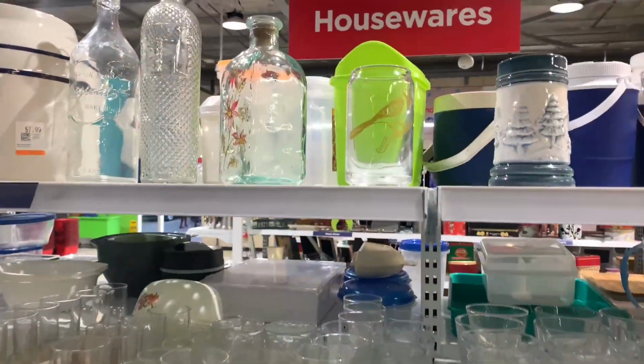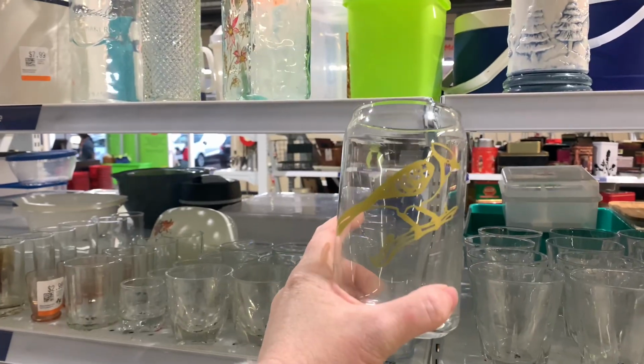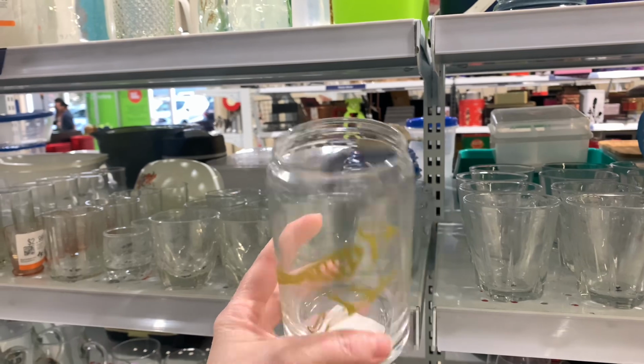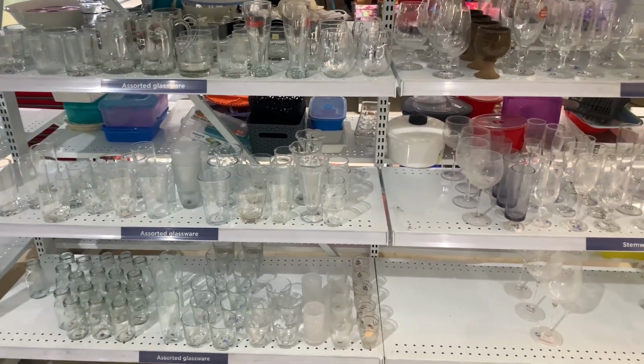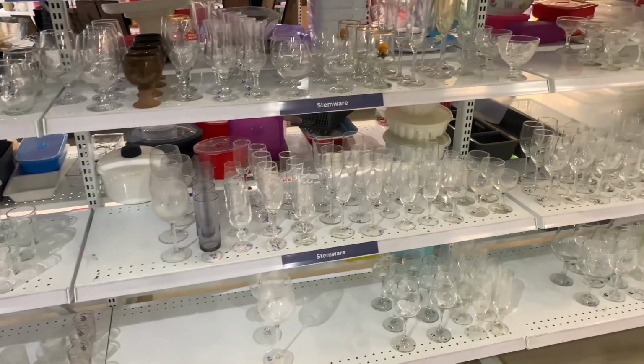I guess you can donate anything you want. And then I can't believe I found this. This is pretty much exactly what I've been looking for. It's just missing the lid and the straw, which I'm pretty sure I know how to fix. So I did pick that up because one of those glass tumblers has been on my list for a really